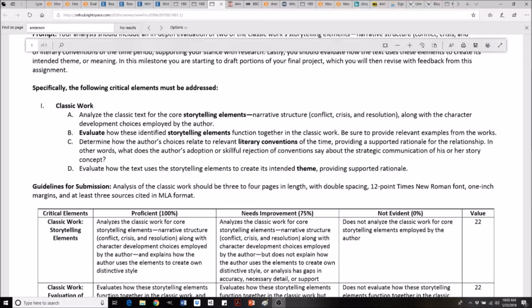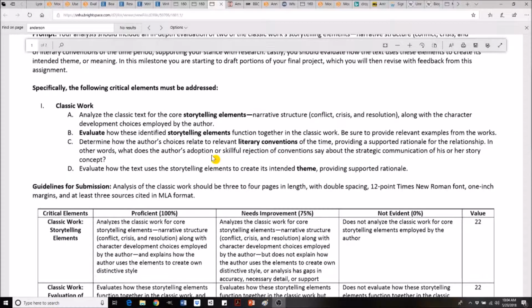What's happening? So in my own mind, this part C is where I imagine most people will need to consult outside resources and research, and that's perfectly fine. Feel free to do that. So to summarize this part, first you have to figure out the literary conventions of the time. And then you're going to say whether this author in this particular work adhered to the conventions or did not, as you say here, rejected or adopted the conventions.